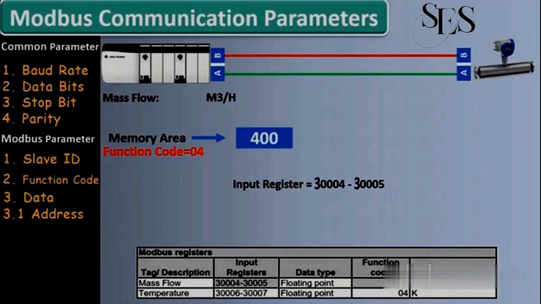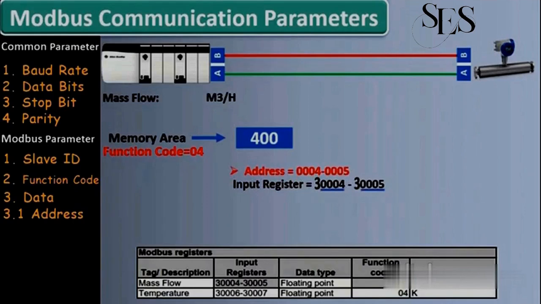In the input register, the first digit shows the function code and the remaining four digits show the data address. So the data address of mass flow is 4 and 5. In this chart, we have seen the function code, the data address, and the data type given.